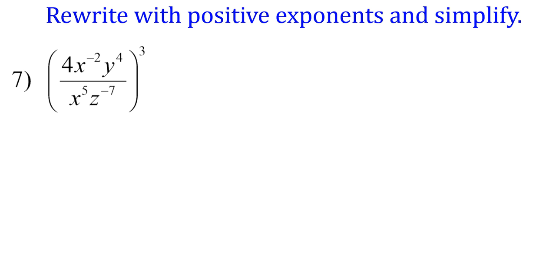Let's try another one. Here we want to simplify this exponential expression. So the first thing that we can see is that we have all of this raised to the 3rd power, which means we have 3 sets of the inside. Now, you might have also noticed that we have some negative exponents within our quantity. So there's a couple ways we can do this. The first thing we could address is the negative exponents and rewriting them to where they belong. So this x to the negative 2nd really belongs in the denominator, and this z to the 7th really belongs in the numerator. So if I write them where they belong,